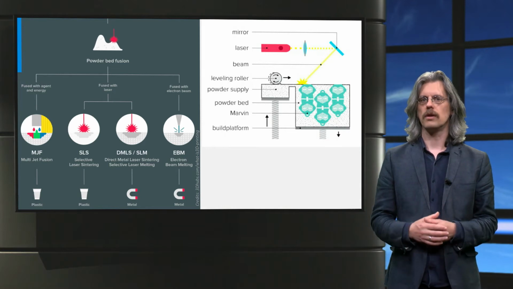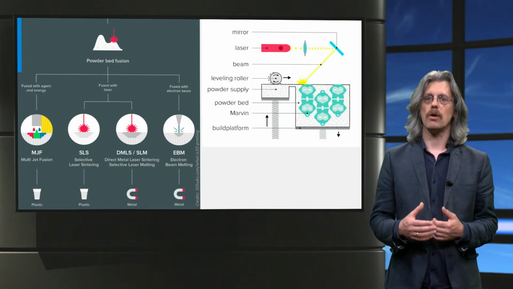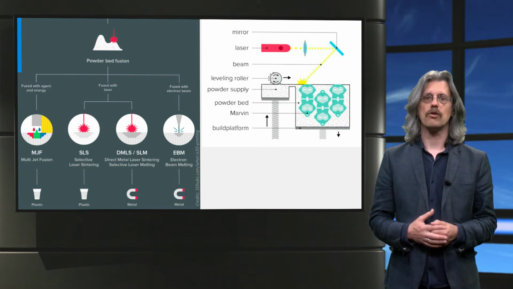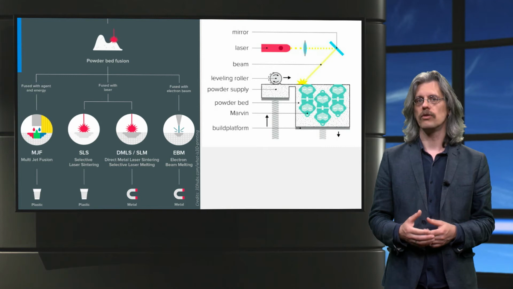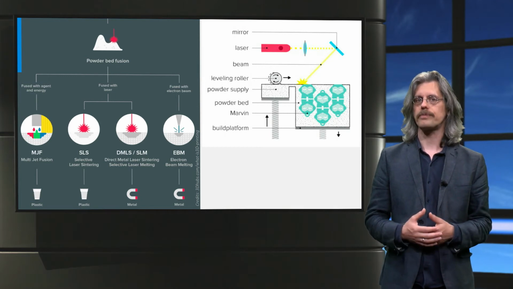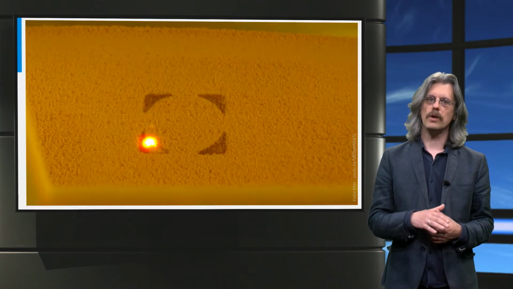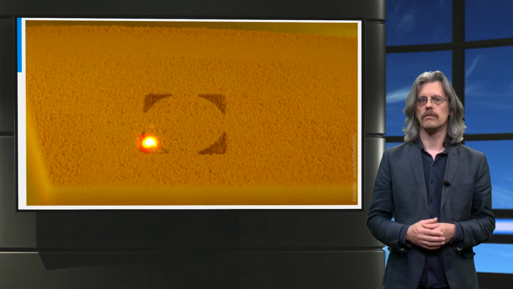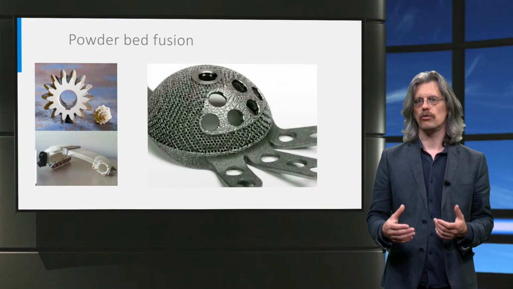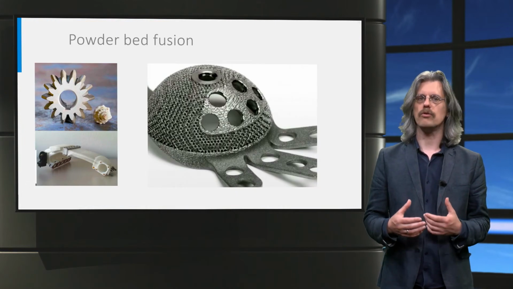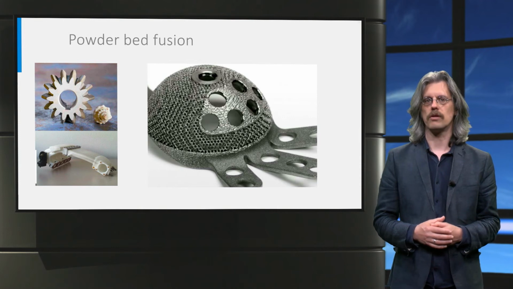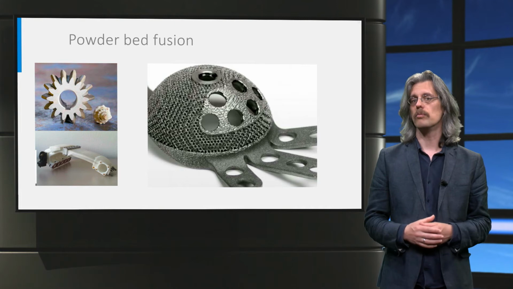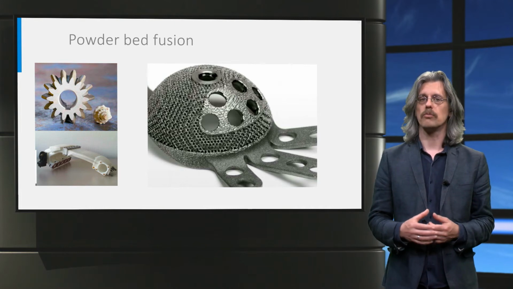Just as binder jetting, powder bed fusion is based on powders, but now with plastics and metals. A layer of powder is selectively heated and fused, usually by a laser. And after one layer, a new layer of powder is deposited on top of the previous layer, and the process is repeated. Powder bed fusion results in products that perform almost as well as traditional manufacturing methods, such as casting or machining. It already has found its use in medical, aerospace, and automotive industries.